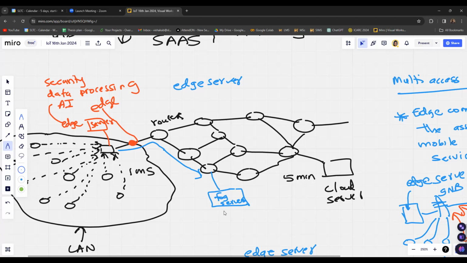However, the feedback can be given more quickly than with cloud computing when we use fog computing. So fog computing is done in an intermediate location in the network between the edge computing server and the cloud computing server.